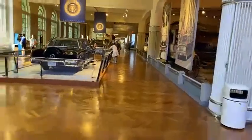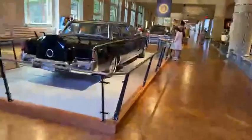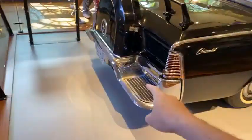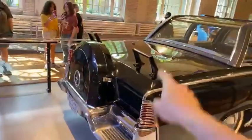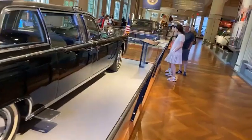And this is kind of the highlights, probably the wrong word, but this is the center of this particular exhibit. We'll start with the back of it here, and you probably know whose car this is. But on the back here, they've got running boards and handles. There would be Secret Service agents standing on these platforms as the car was driving. This particular car